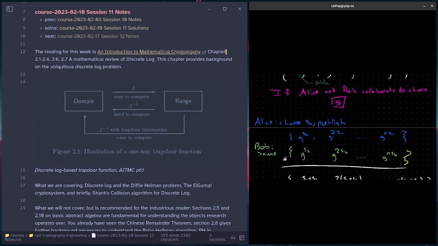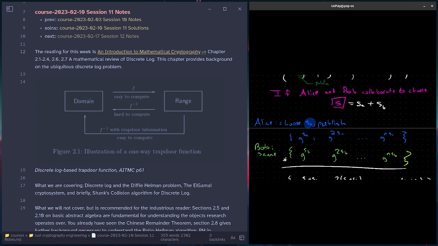So if Alice and Bob wanted to collaborate to choose some value s, where s equals sA plus sB, then the way we might do that is that Alice might choose her value sA, and Bob might choose his value sB,